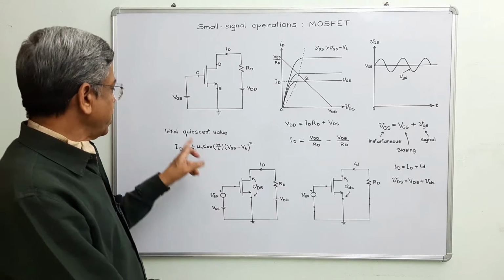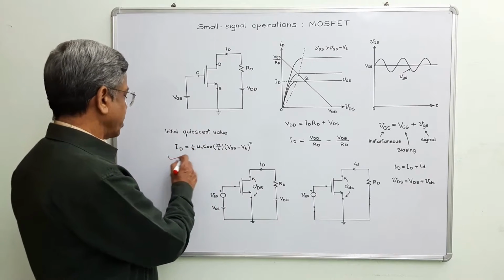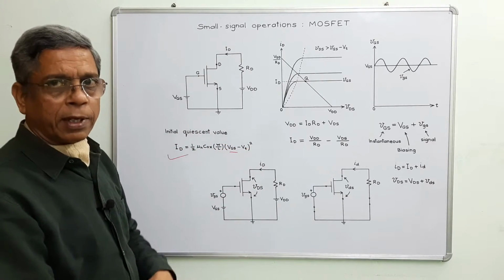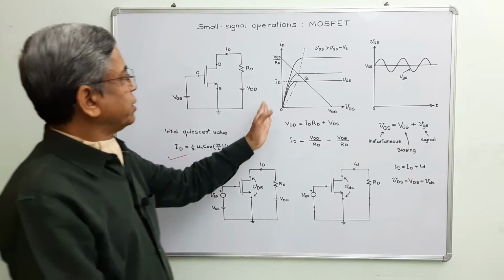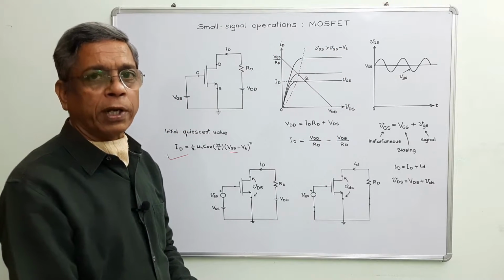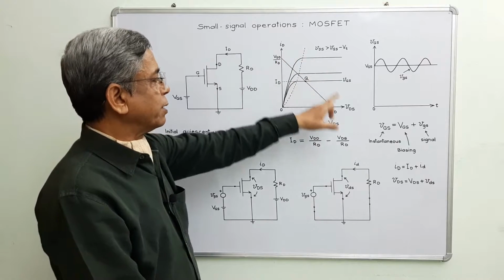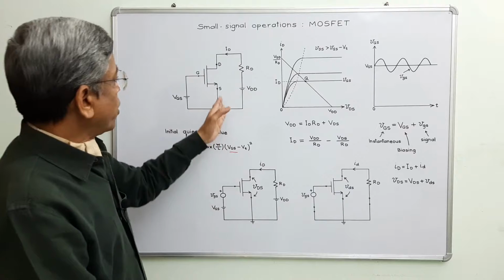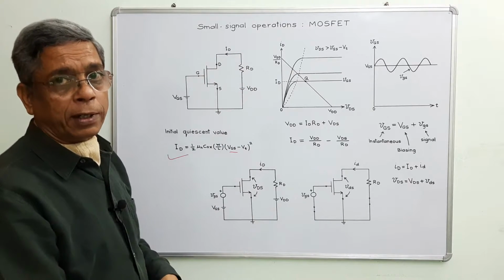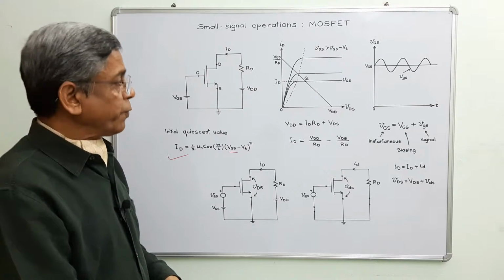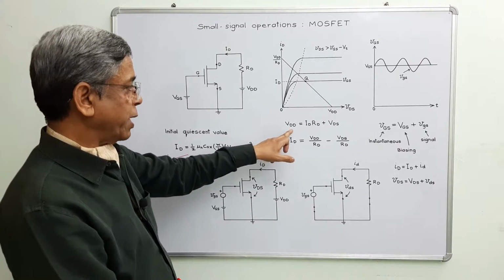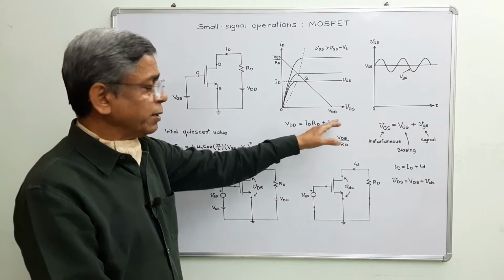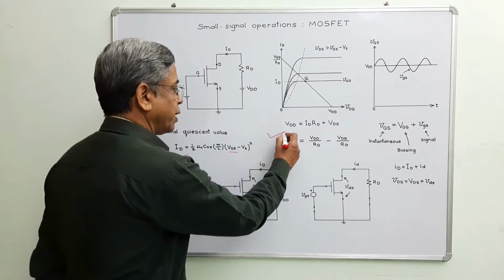We can write the initial quiescent value for the drain current in terms of VGS. So this is the expression in DC condition, and this is the diagram for the output characteristic. This is the drain current and this is the potential difference across drain and source. For this output loop, considering Kirchhoff's voltage law, we can write this equation: the applied voltage is equal to the sum of distributed voltages. And rearranging the terms, we get this equation.